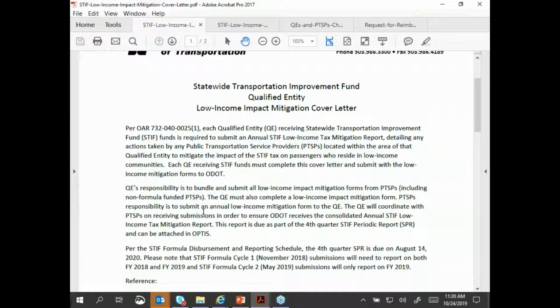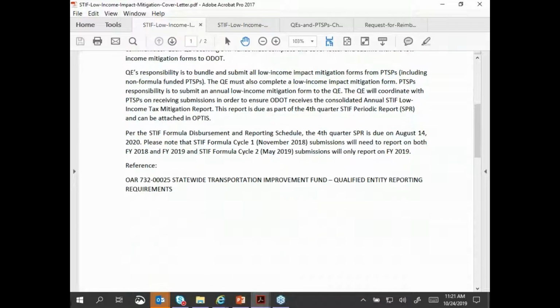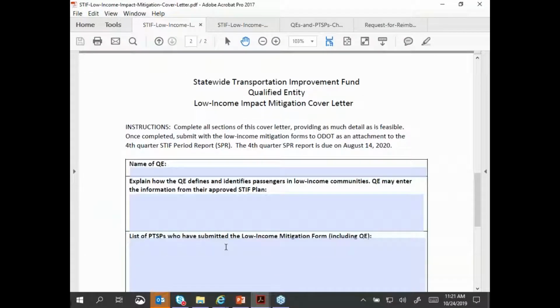I know I'm going to repeat this over and over, but you have to have the non-formula funded PTSPs in that bundle. The QE must complete a form themselves, and again, it's the PTSP's responsibility to submit that form in advance to the QE of that deadline of the fourth quarter SPR, which that first annual report will be August 14, 2020.